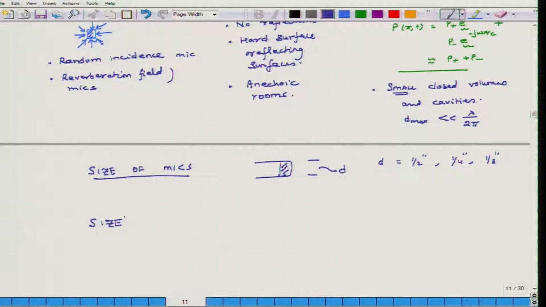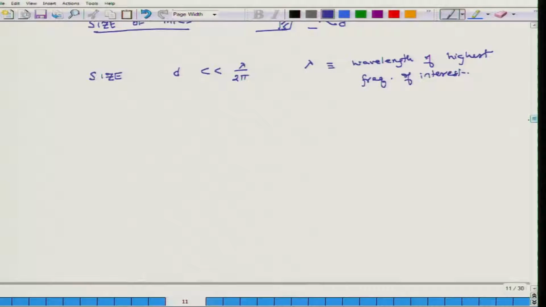Now, the size of the microphone should be carefully chosen such that D should be significantly smaller than lambda over 2 pi. What is lambda? Here lambda is the wavelength of the highest frequency of interest. This is important to understand. What does that mean? Example,